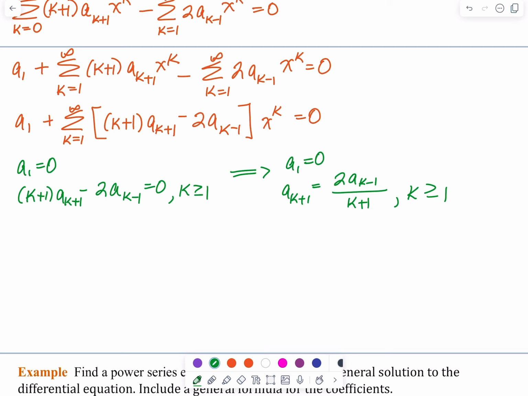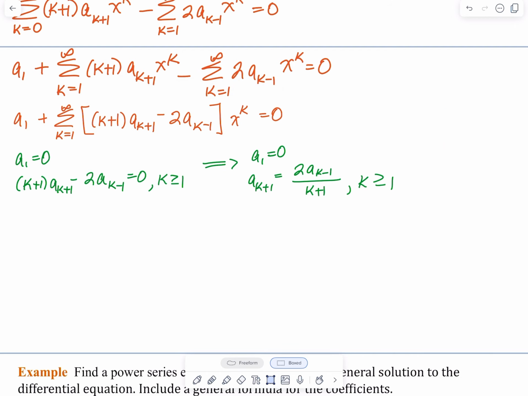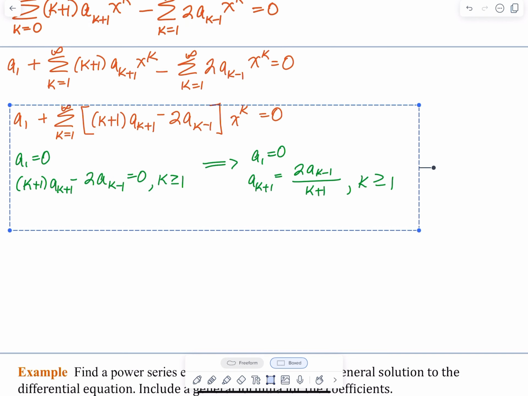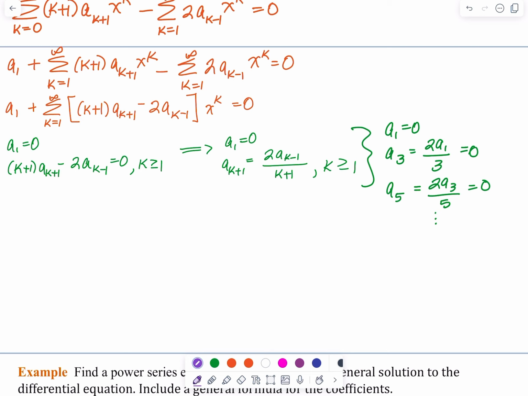Now, let's look at this recurrence relation and see what we have here. As you can see, since a sub 1 is equal to 0, we have that a sub 3 is equal to 2a sub 1 over 3, which is equal to 0. And a sub 5 is equal to 2a sub 3 over 5, which is equal to 0, and so on and so forth. So for the even coefficients, we have